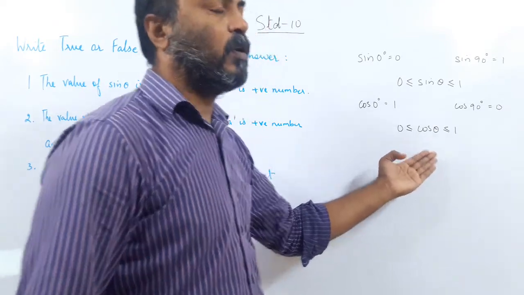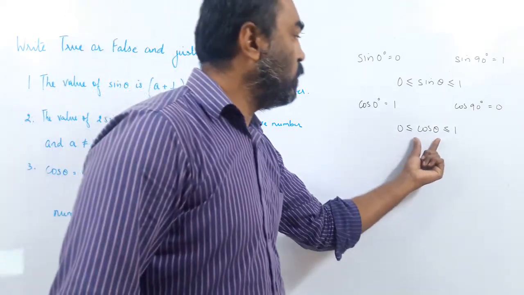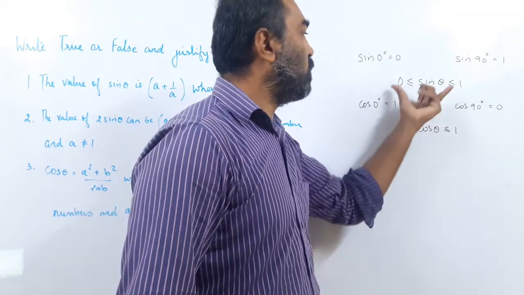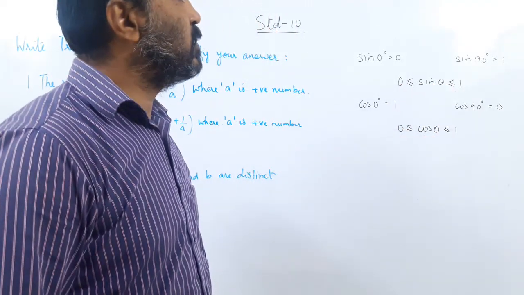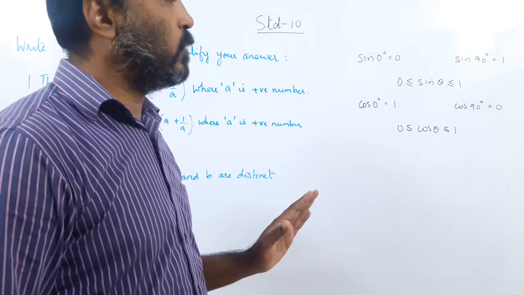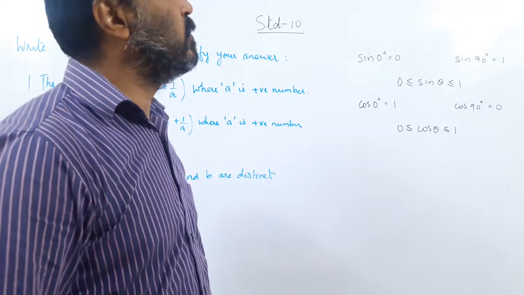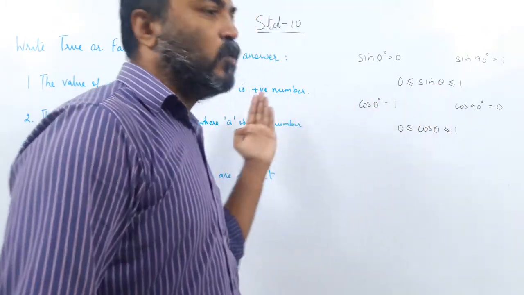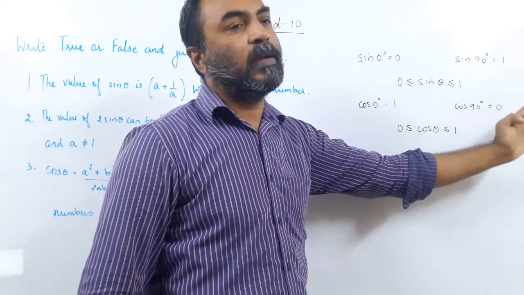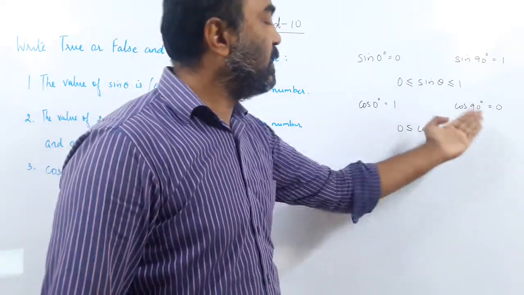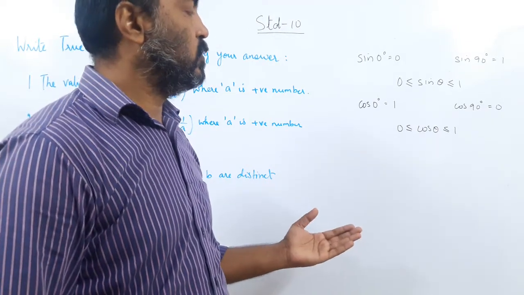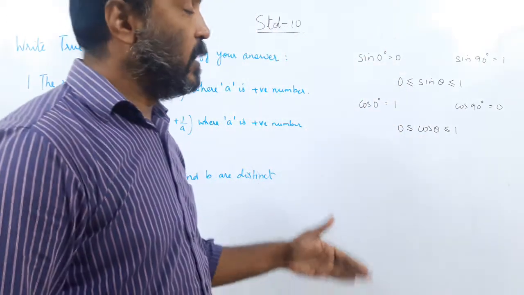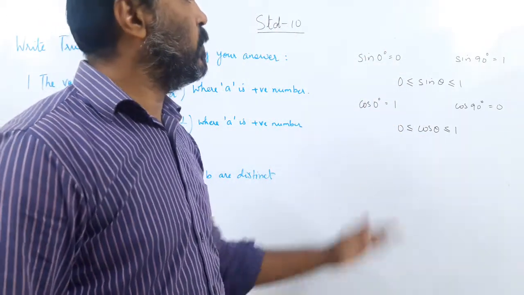So any cos 40 degree, cos 42, cos 67, whatever degree you take, is greater or equal to 0, but less than or equal to 1. This is called the range of sine and cos. So what is the range? We have only done till acute angles, right? From 0 to 90, you can see that the range of sine theta is between 0 and 1. The lowest value it can have is 0 and the highest value it can have is 1. Cos theta is a decreasing function, but same logic. The lowest value cos theta can have is 0 and the greatest is 1. You can see it in the table. Now you can pause the video, open your table and see.